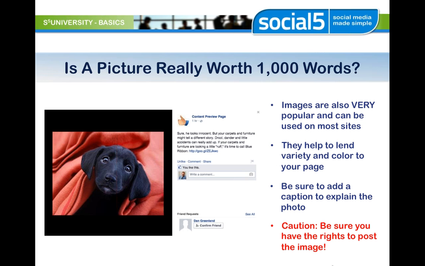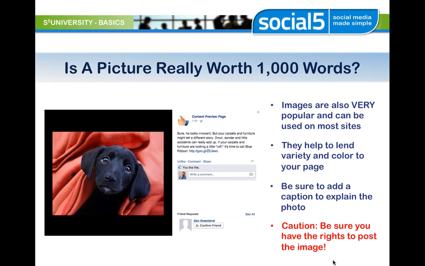One word of caution here with images: you want to make sure you have the rights to the image you're posting. A lot of the big image companies, like Getty Images or the AP, have started coming after companies who are using their images without permission. That's one of the things we sell to you as a benefit of using a Social 5 service: we have an entire library of licensed images that we can use on your behalf.